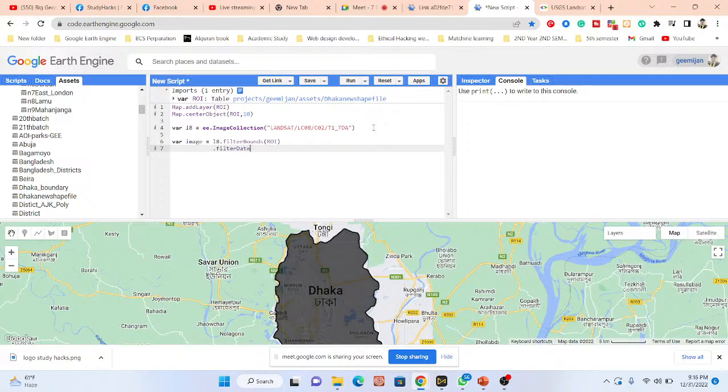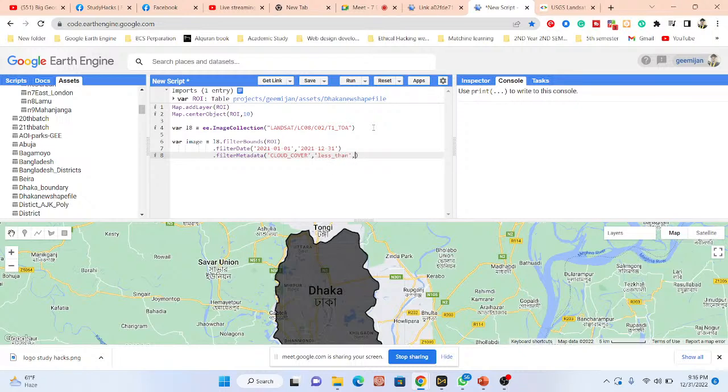Suppose I want to make this land use land cover classification map for Dhaka city for the year 2021. And I also filter the image metadata and select the property cloud cover